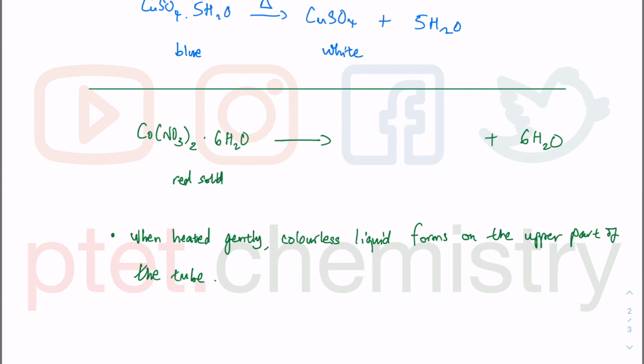All right, so obviously we know there is H2O coming off from the formula, but you don't see water, you see a colorless liquid, and that is formed at the upper part of the tube due to condensation. You can use the word condenses if you want to. So there's the water coming off. But then when you heat